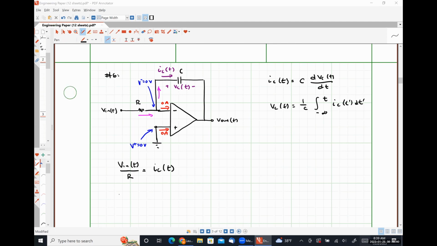Well, IC of t can be expressed as 1 over c times the integral from negative infinity